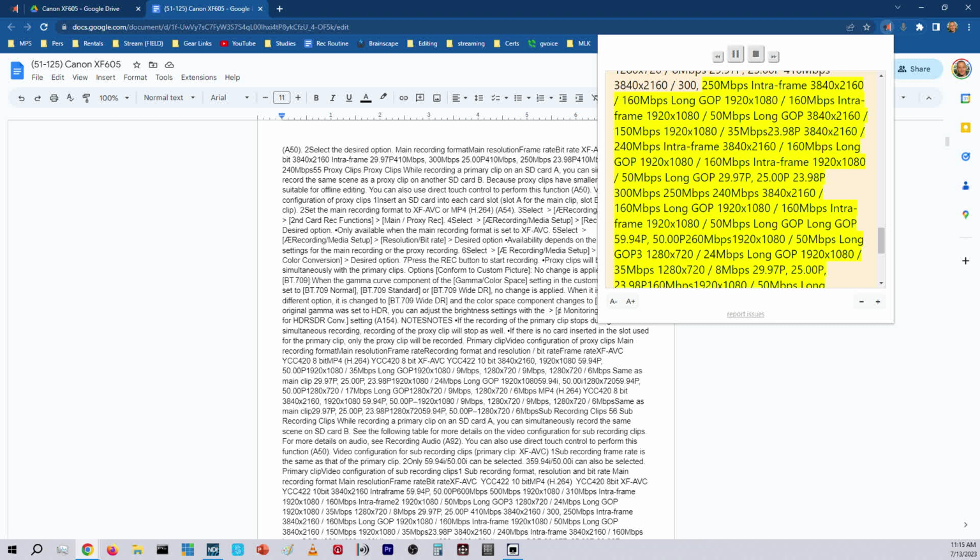3840x2160/160 Mbps long GOP, 1920x1080/160 Mbps intraframe, 1920x1080/50 Mbps long GOP. 29.97p, 25.00p, 23.98p: 300 Mbps, 250 Mbps, 240 Mbps, 3840x2160/160 Mbps long GOP, 1920x1080/160 Mbps intraframe, 1920x1080/50 Mbps long GOP. 59.94p, 50.00p: 260 Mbps, 1920x1080/50 Mbps long GOP, 1280x720/24 Mbps long GOP, 1920x1080/35 Mbps, 1280x720/8 Mbps. 29.97p, 25.00p, 23.98p: 160 Mbps, 1920x1080/50 Mbps long GOP, 3840x2160/